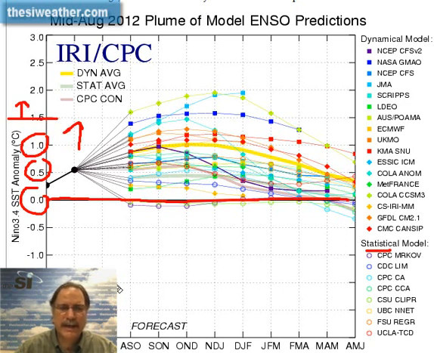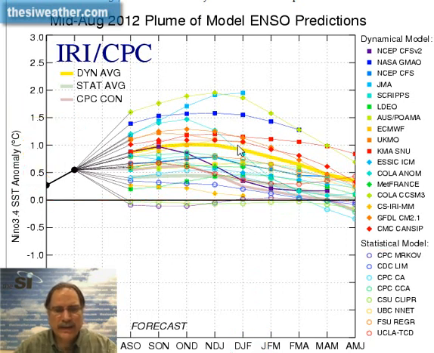Anything down here on the negative sides continue to be La Ninas. So 1.5 and above, strong El Nino, and below that, weak to moderate. The consensus here in yellow of the dynamical models shows that come December, January, and February, which is shown right here, it's roughly 0.6, 0.7, 0.8, a weak to moderate type El Nino when you average together all these particular